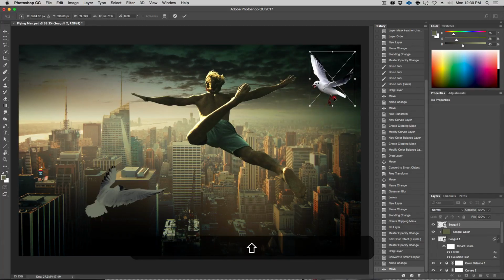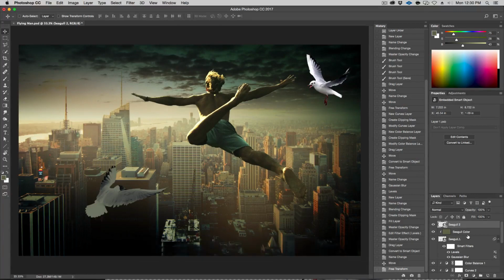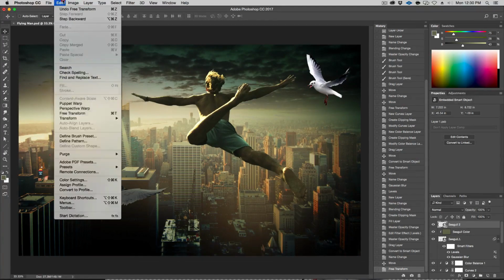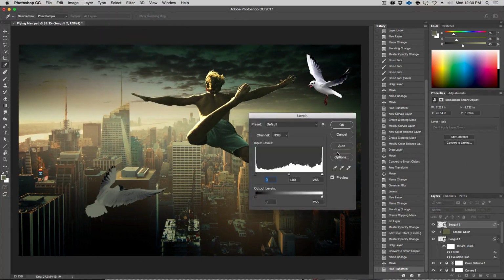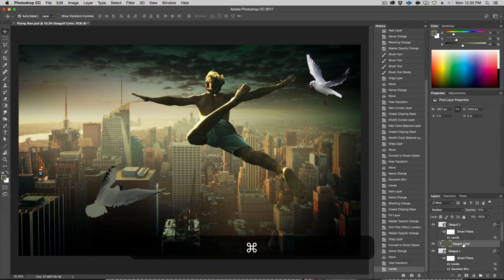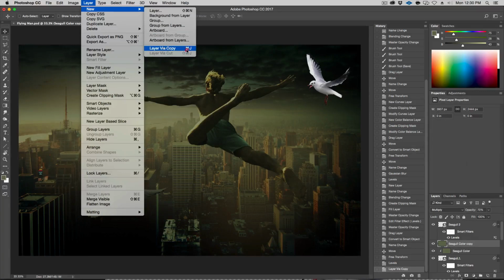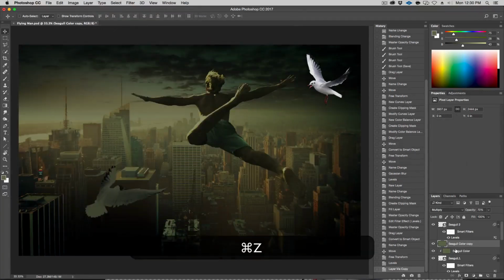These birds are supposed to help the illusion of him flying as opposed to falling, so these birds help with that. Something like this, and then once again, Command L, or up here, adjustments, levels. Let's bring in his white point a little bit, down with the black point. I want to keep some light, but not too much. I can just go ahead and duplicate the seagull color, so Command J, or if you want a new layer via copy. That's how I did that. So don't need it just once.